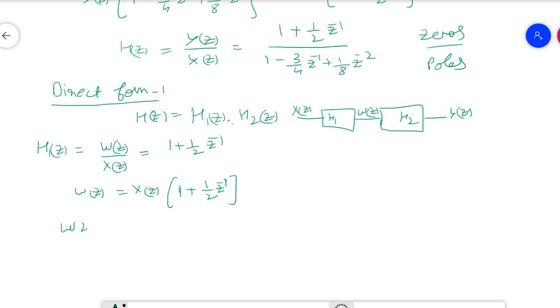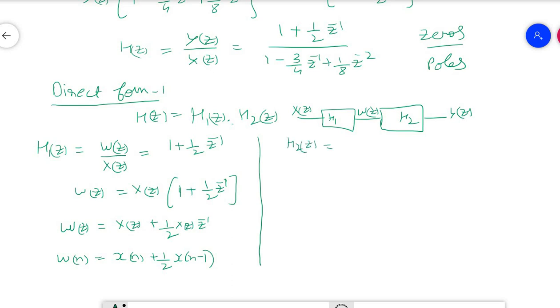So this W(z) is my output of this: X(z) plus 1/2 X(z) z inverse. Or in the n domain, it is written like that: w[n] is equal to x[n] plus 1/2 x[n minus 1]. Okay. Now, next is H2(z). This H2(z) equal to output divided by input, this Y(z) upon W(z) equal to